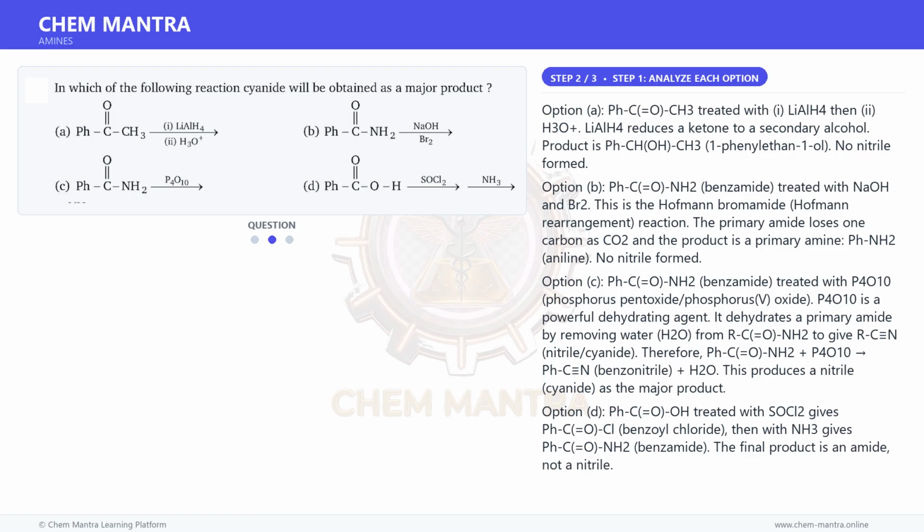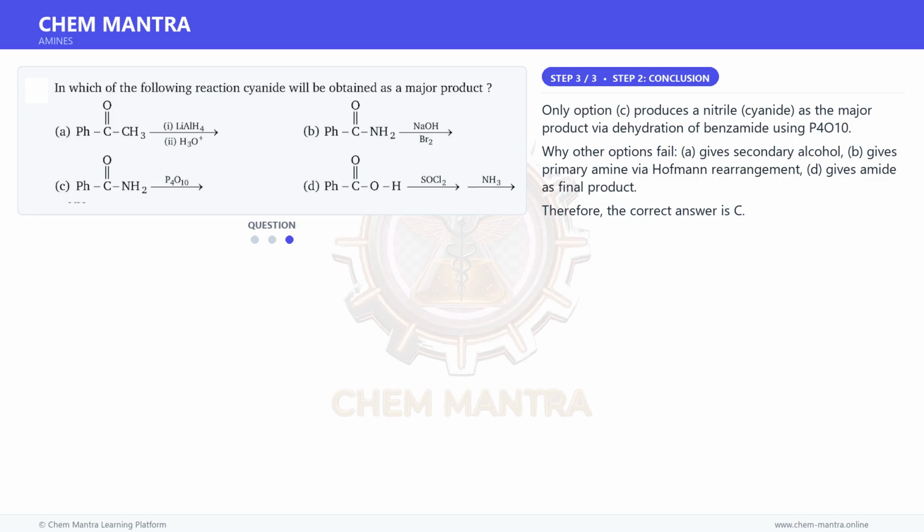Option D, PhC=O, OH treated with SOCl2 gives PhC=O, Cl, benzoyl chloride, then with NH3 gives PhC=O, NH2, benzamide. The final product is an amide, not a nitrile. And for the final step, only option C produces a nitrile, cyanide, as the major product via dehydration of benzamide